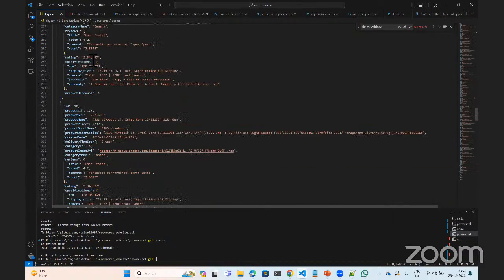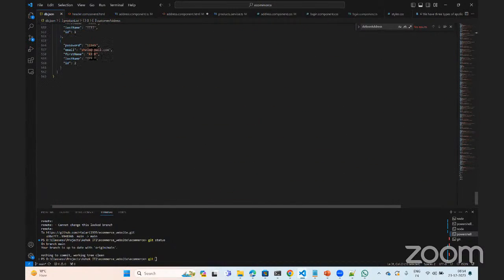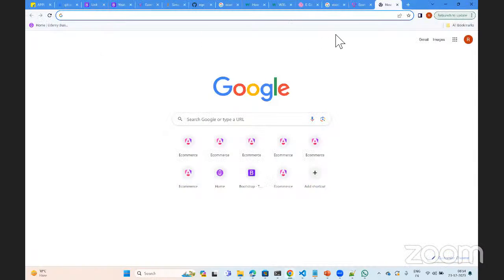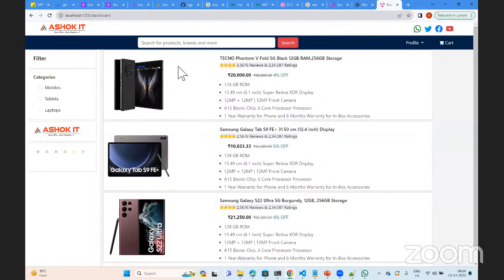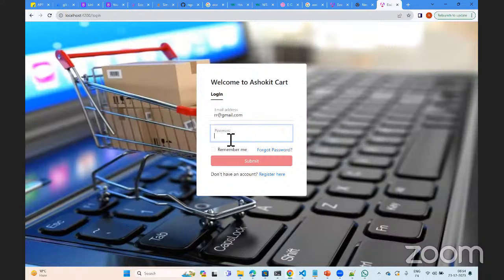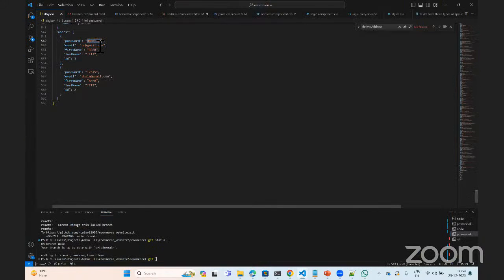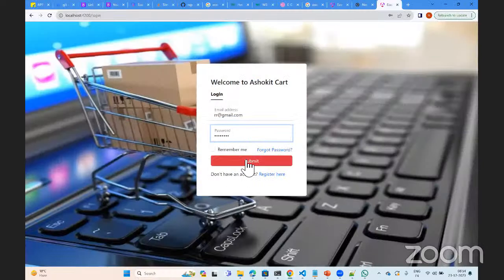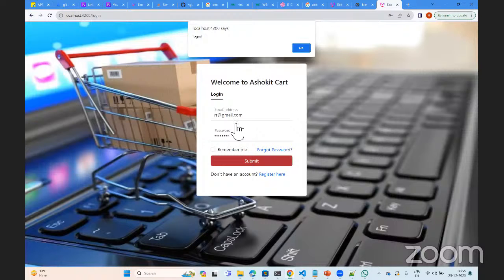One second, I'm entering my credentials. See here, if my credentials are correct, then it displays an alert.